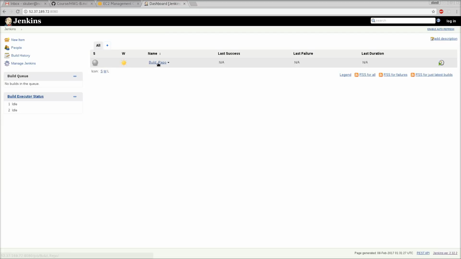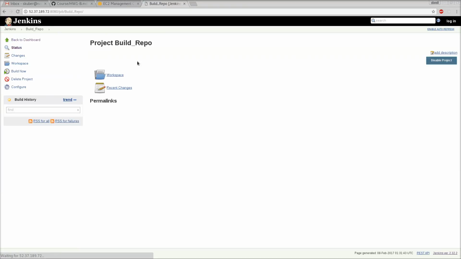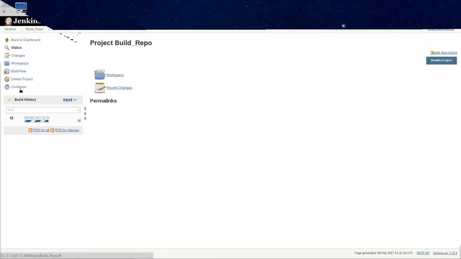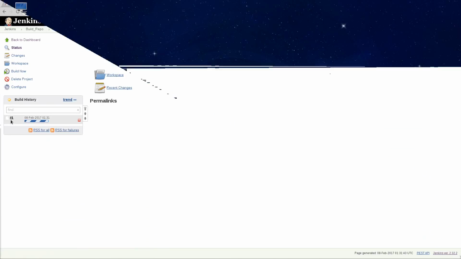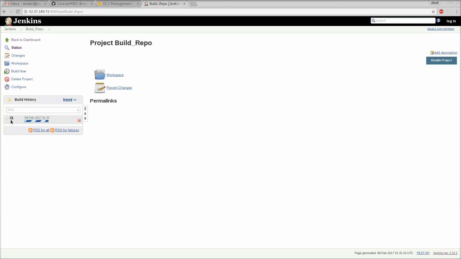Now this is the job that we created for building the repository using the CLI jar. Now we go to this project and we say build now, and as we can see, the building is going on. And now that the build has been successful,